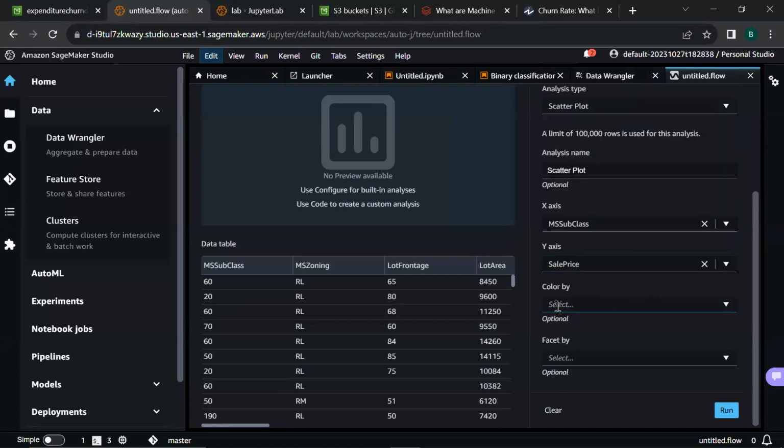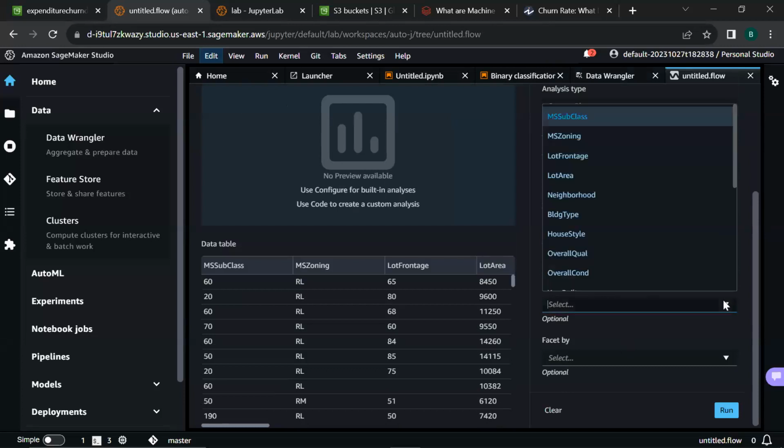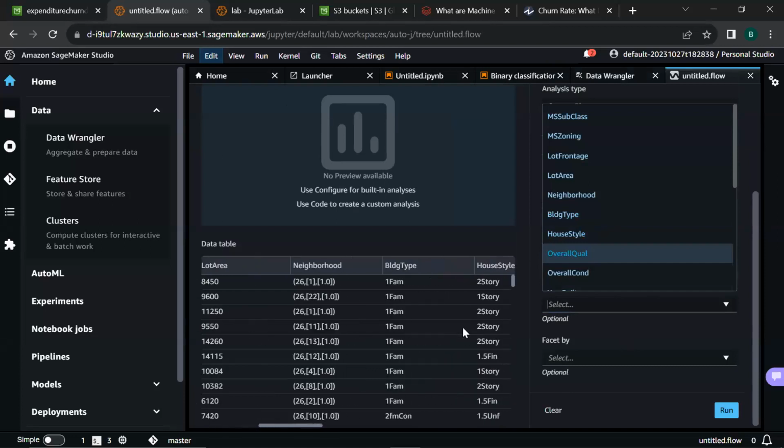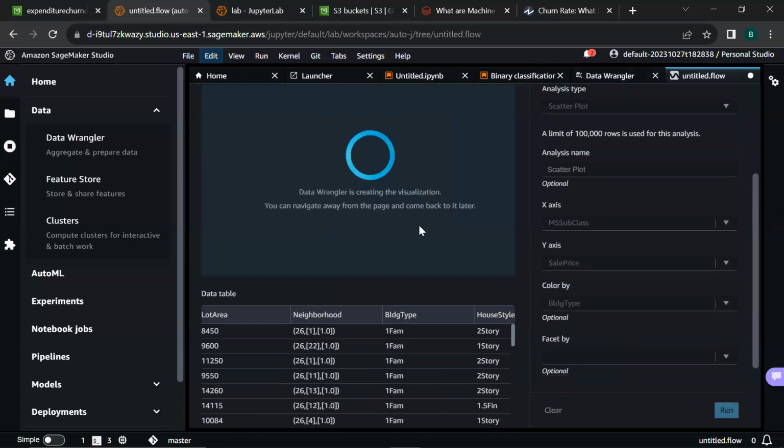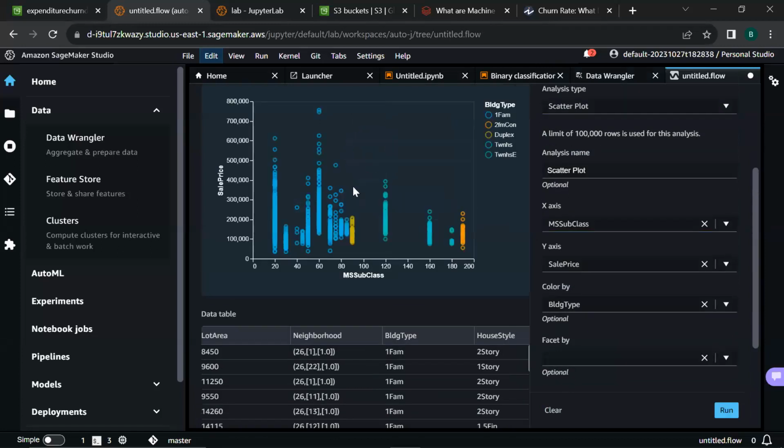We can add a lot of other features, but we will not in this case. You can color by a column. Let's say we can color by this column here. And once we are satisfied with what we want, just click on run and you will get a scatter plot. That is very interactive as well.